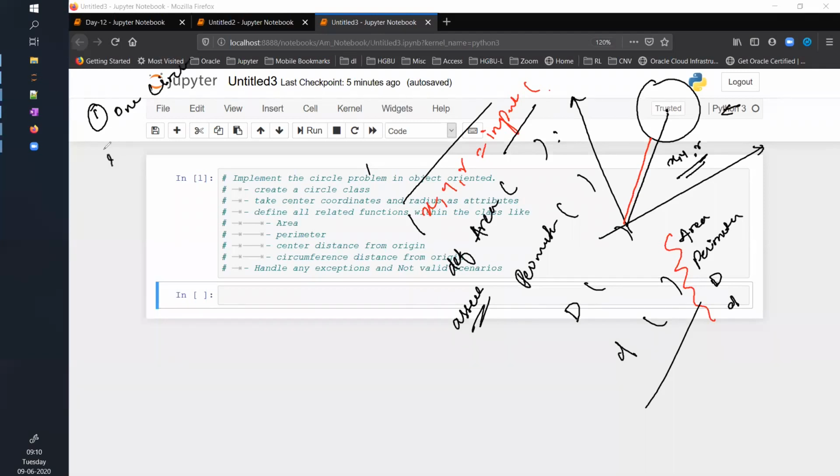Okay. Second issue is I do not have any control over these X, Y, and R values. The user can input any data, and it is going to hit my code. And in my code, I can do further validations. That is true, I can do some additional validations in my code, but the user is entering my code with some unwanted data or incorrect data. That is not right.